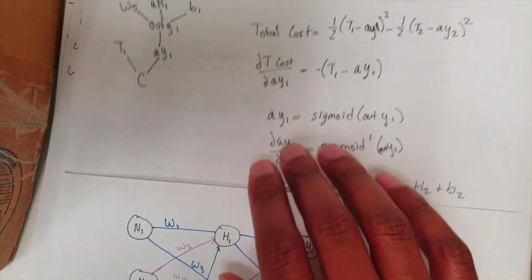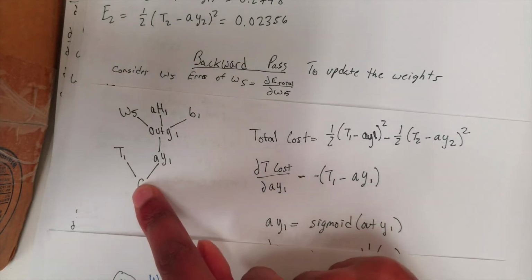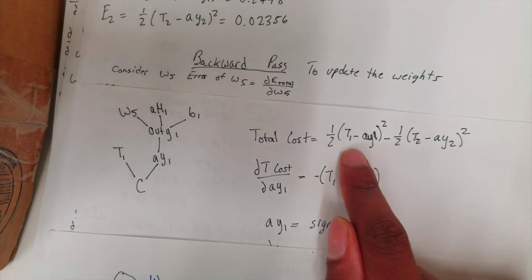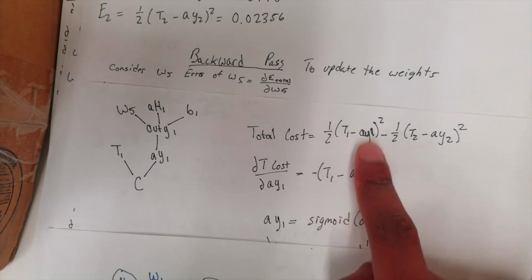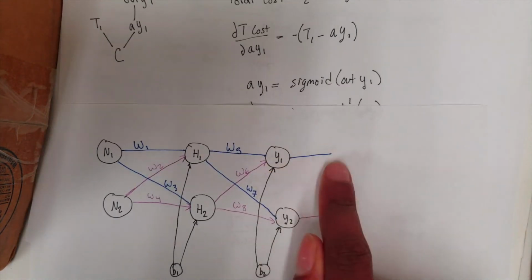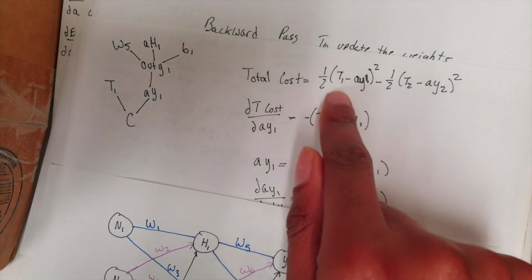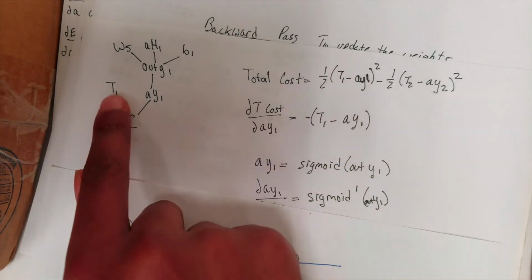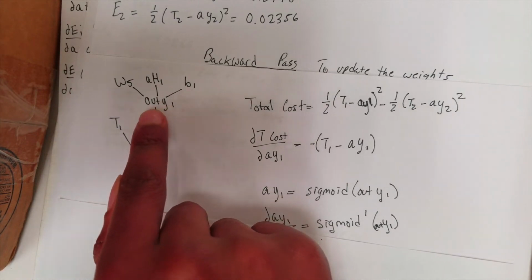So if we're working our way backwards, we can look at this diagram here. It starts with the cost, which comes from approximately T1 minus the activation of Y1, which makes sense because T1 maps to Y1. That's the cost, and it comes from T1 and the activation of Y1, and it traces back to the output of Y1,